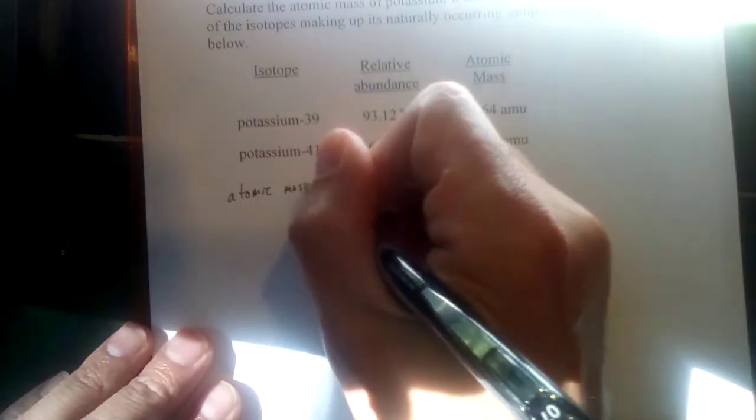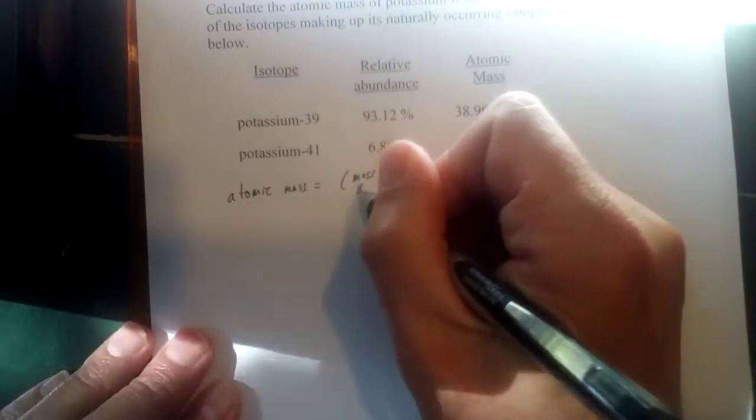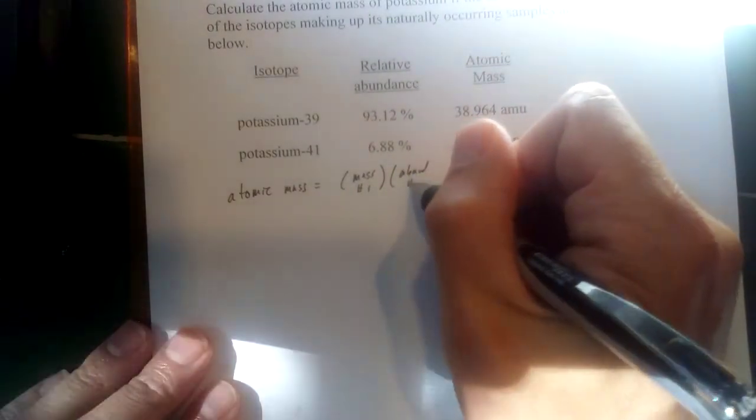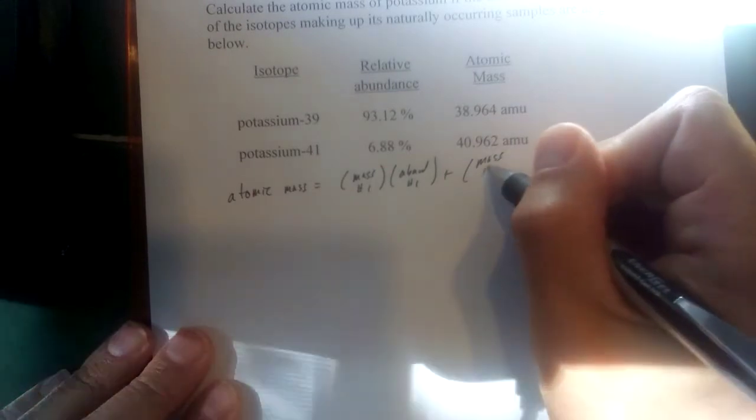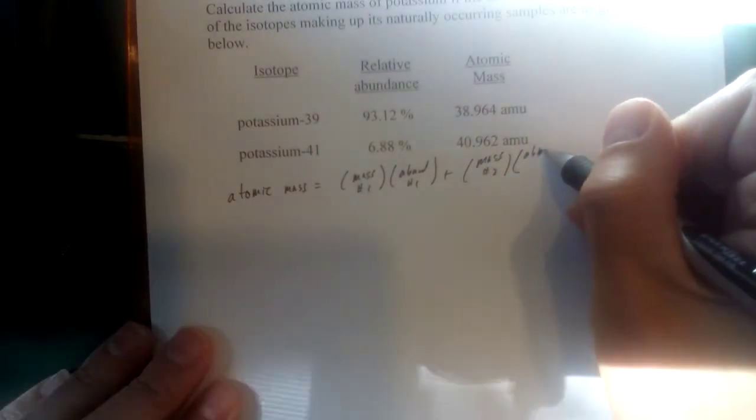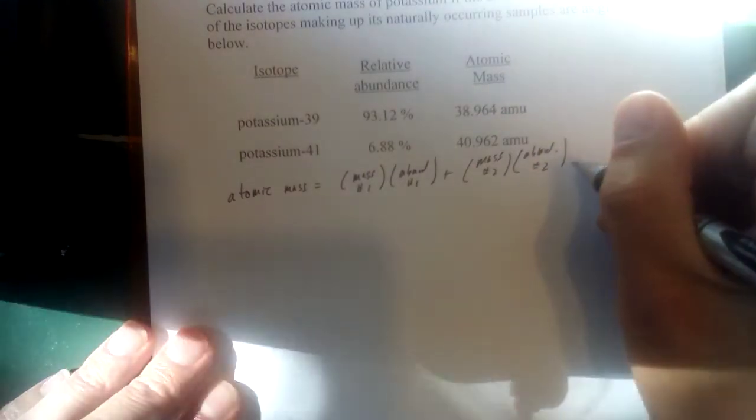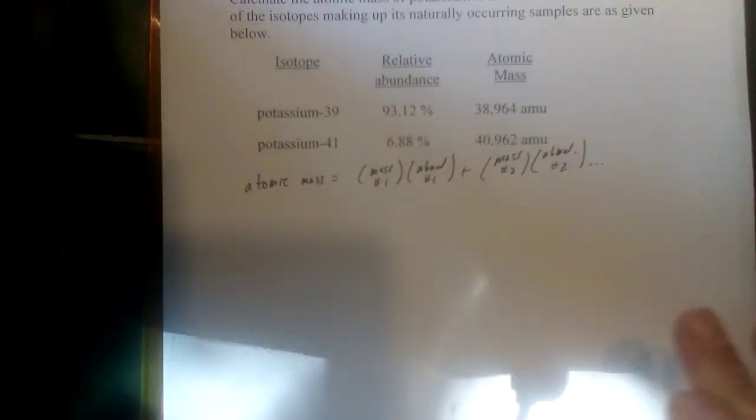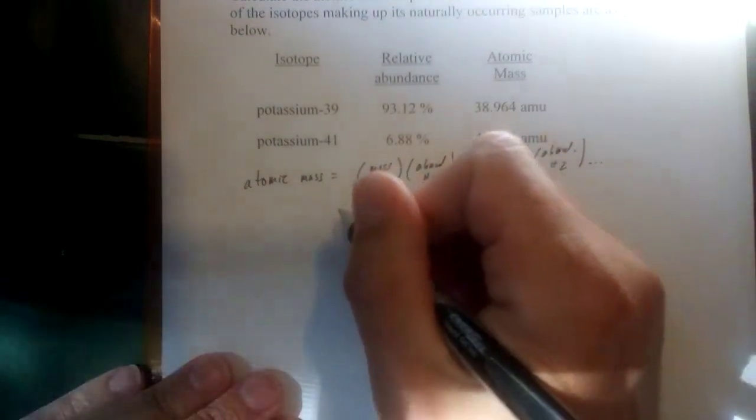So atomic mass will be equal to the mass of each isotope, I'm just going to number them, times its abundance, the abundance of number one, and then there'll be a separate term for each additional isotope that makes up the sample. And that could be any number of isotopes. It's only two in this case, so we can stop, but there would be more there for potentially a third isotope or even a fourth, fifth, sixth, whatever. So plug in the masses here,